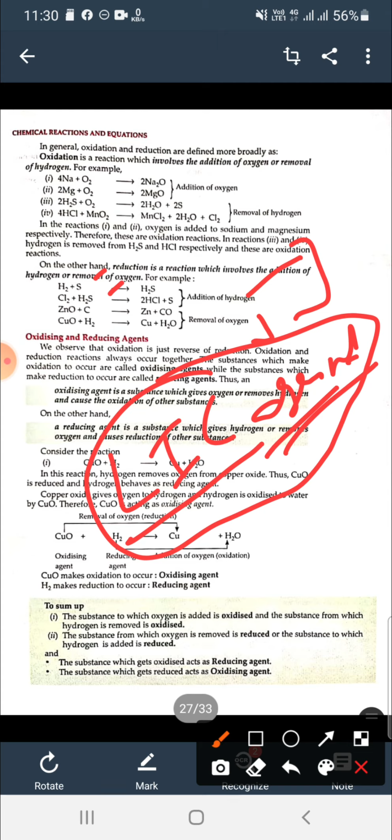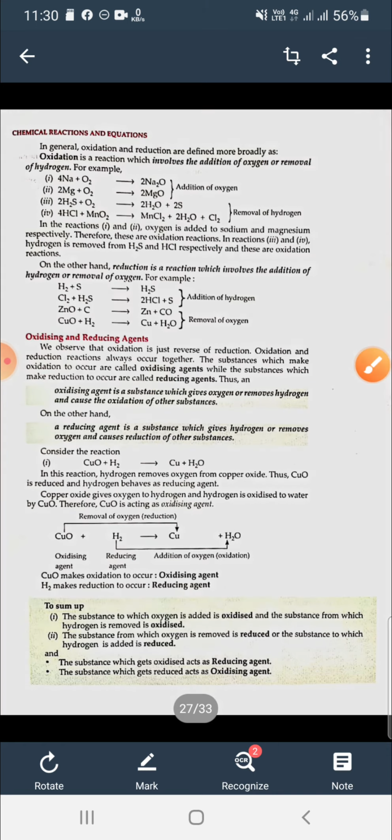It covers the life insurance of other persons. It covers the life insurance of other people. So same here for oxidizing agent